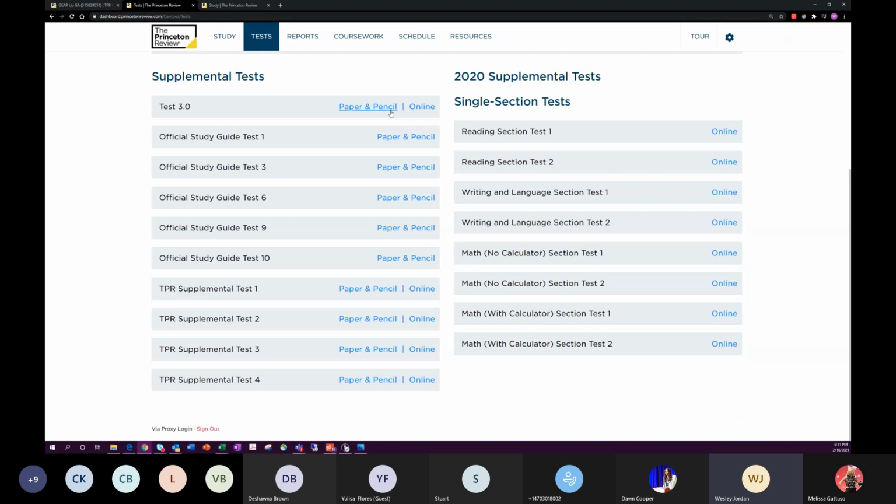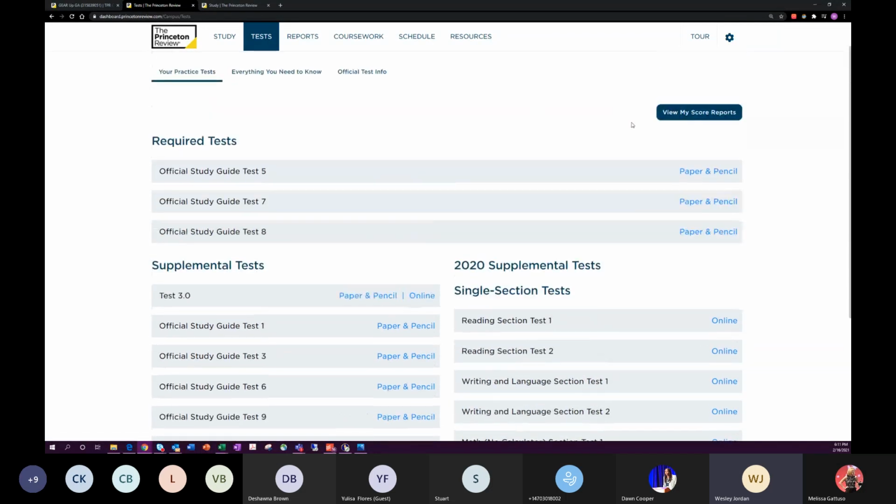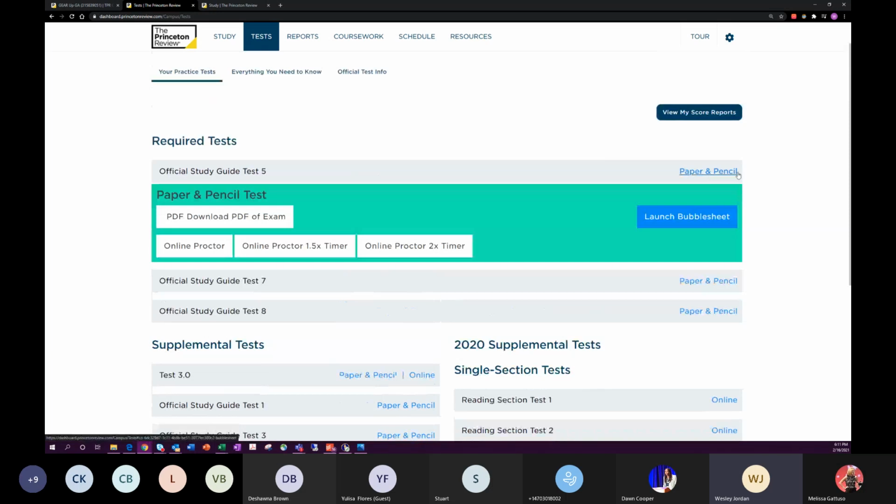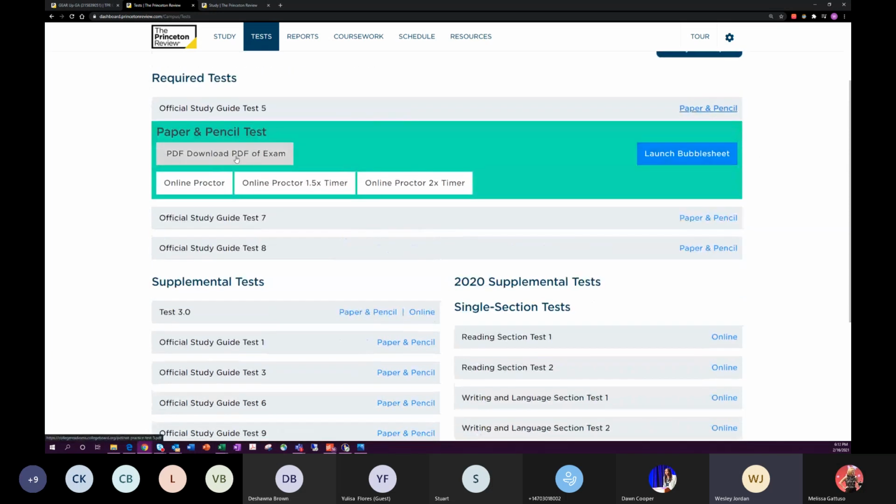One other thing I want to highlight before we go to the single section test is that you have the option to take it as either a paper and pencil version or completely online. If you were to click paper and pencil, you have the option to download a PDF of the exam, and obviously you can print this off so that you can actually take the test there physically where you are on location. And then from there, you can just launch a bubble sheet,